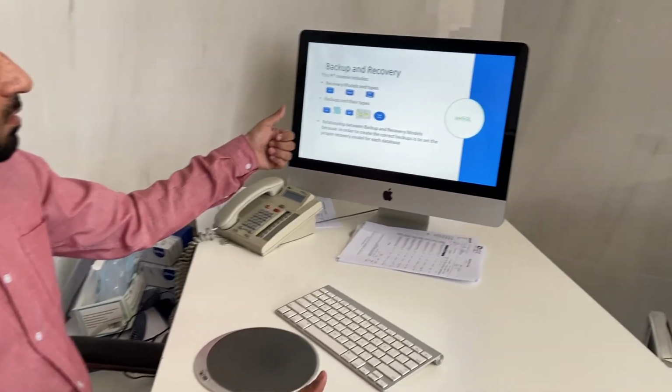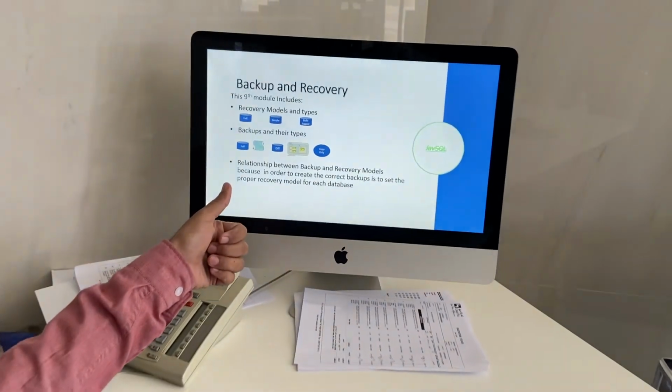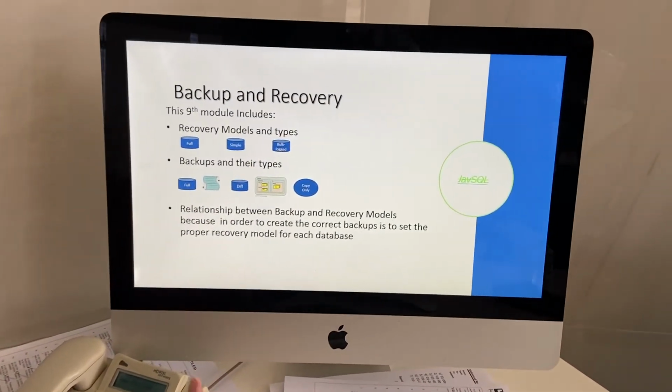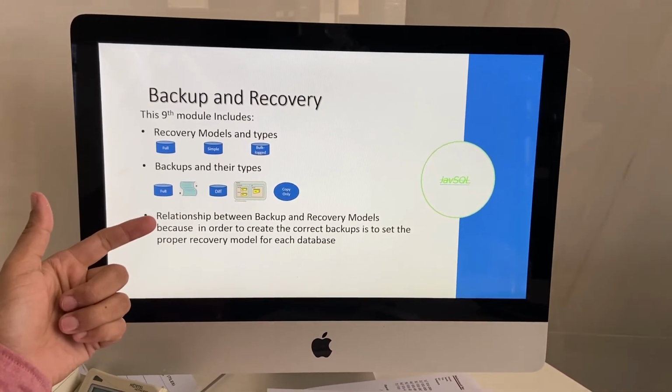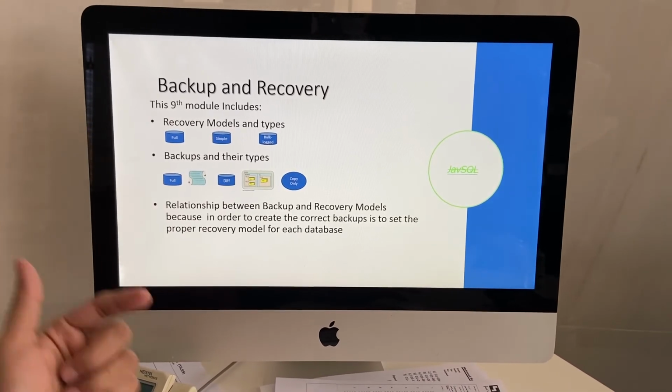This is the ninth module of SQL Learning Series. In this module, we will discuss about the backup and recovery. Backup and recovery is an important module, and first we will discuss about the recovery because backups depends on the